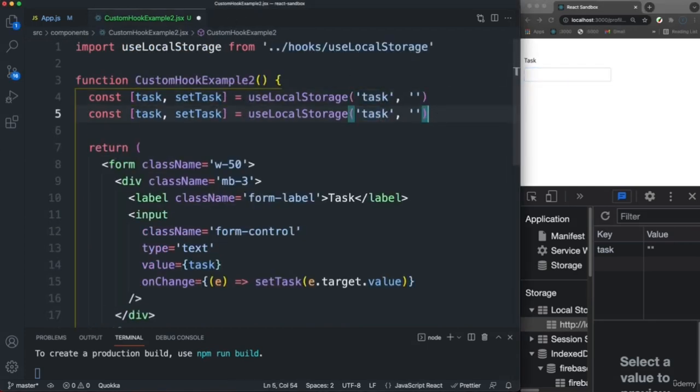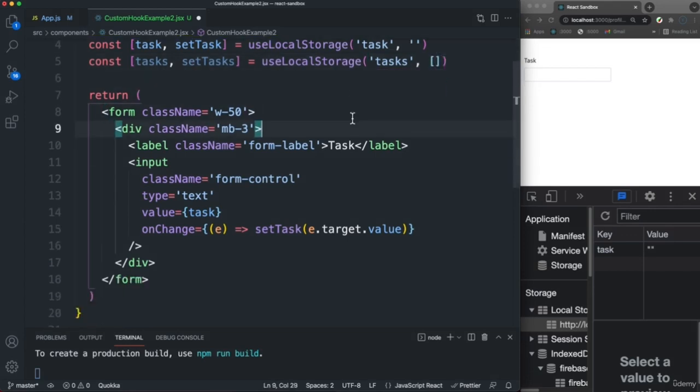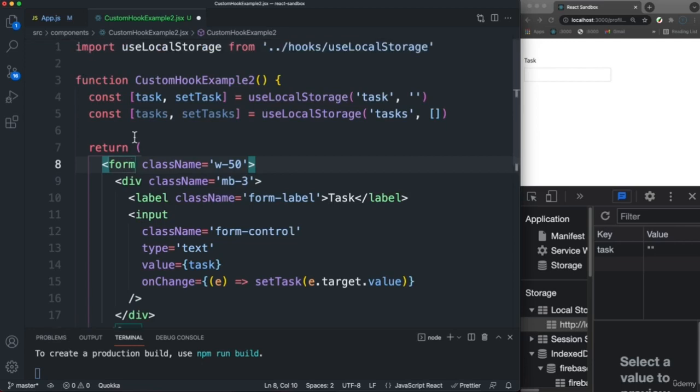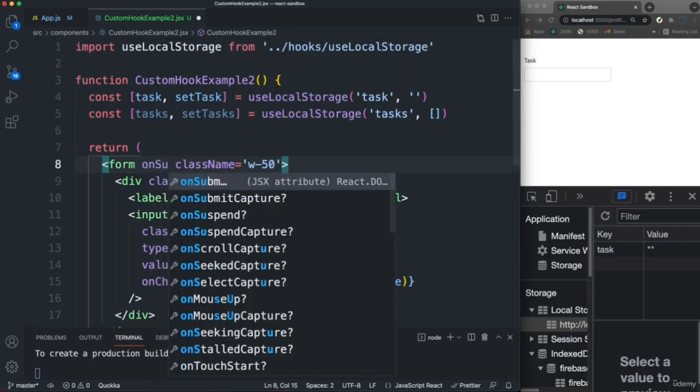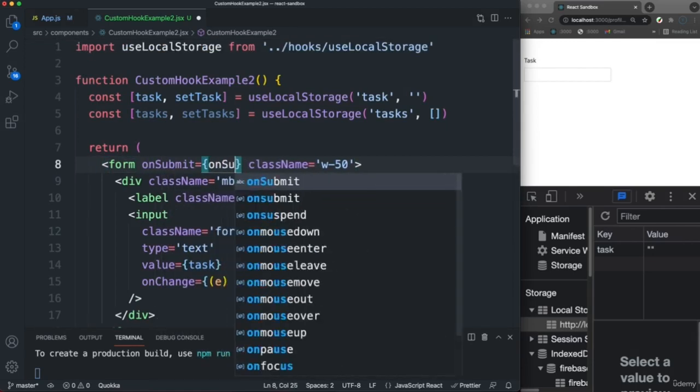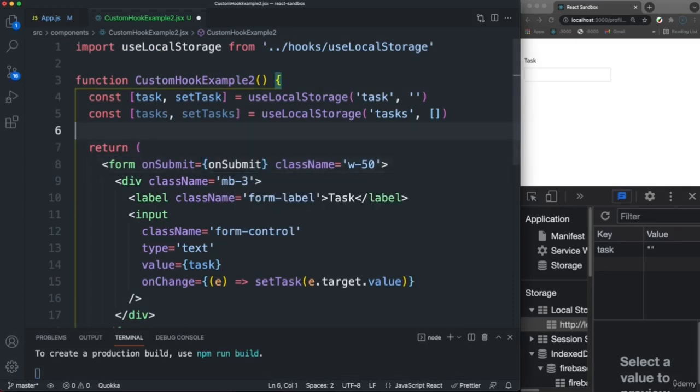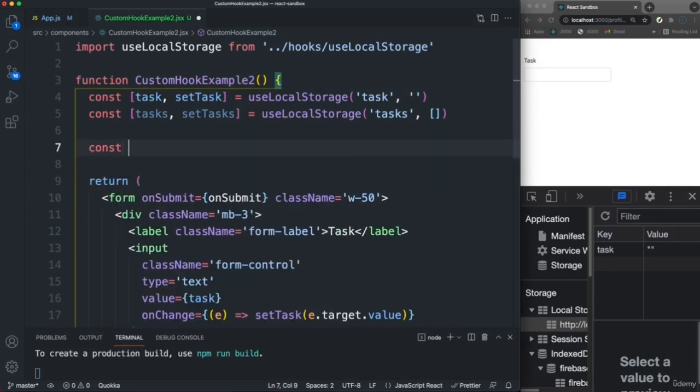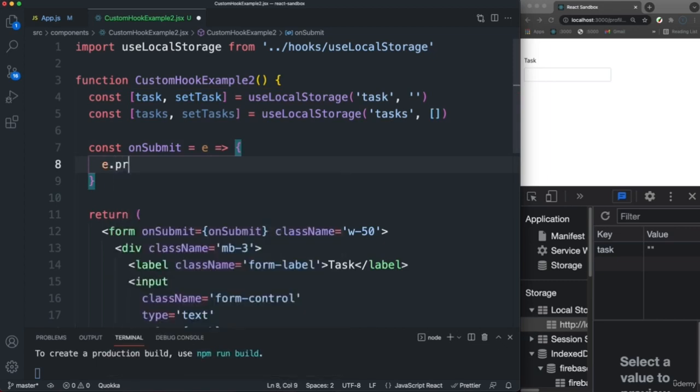So let's say we want an array of tasks. So we'll say tasks and then set tasks, and the key is going to be tasks, and the default will be an empty array. All right, and then what we'll do is we'll have an on submit on this form. So let's set on submit to a function. Let's say const onSubmit, and pass in an event parameter here. We'll say e.preventDefault,